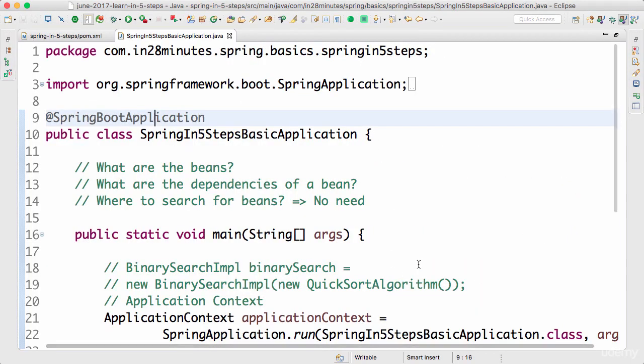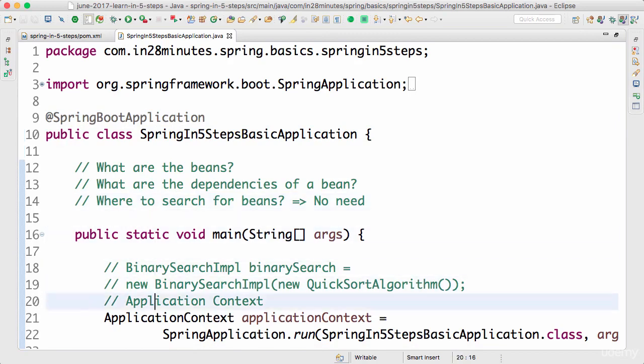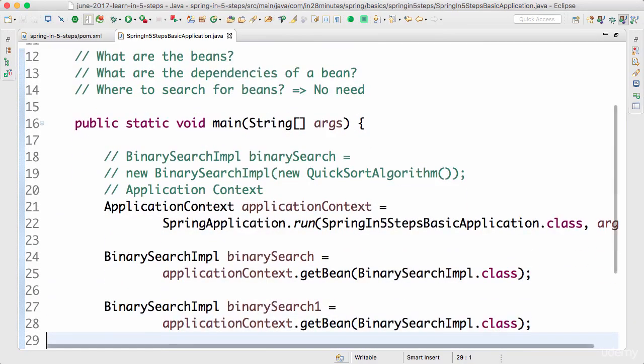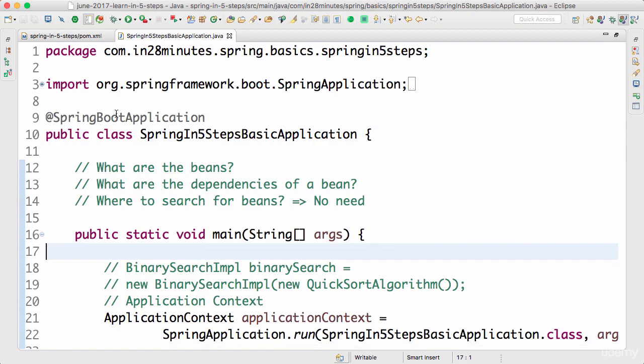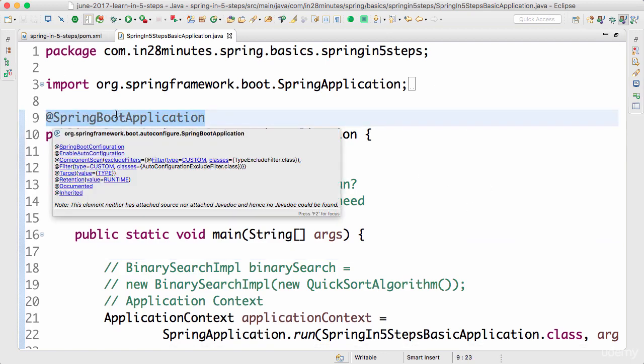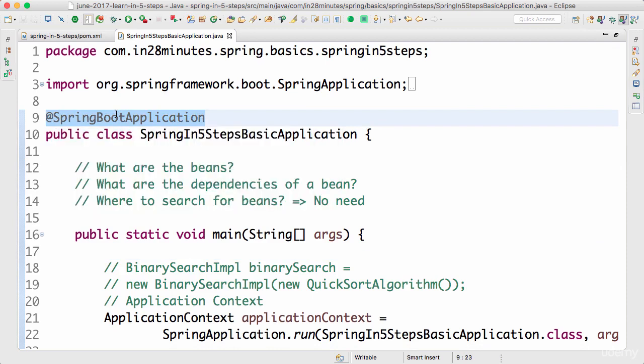The first thing I would need to do is to initialize an application context. As of now, what we are doing is we are using the Spring Boot application annotation to initialize the application context. This is something which is provided by Spring Boot. We don't want to use that. The way you would define an application configuration in Spring is by using at Configuration. So this is the Java way of doing this. We'll look at the XML way of doing that later. For now, let's restrict ourselves to the Java stuff.